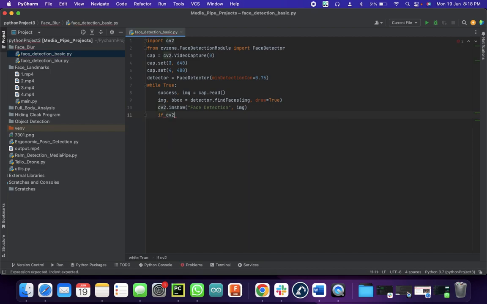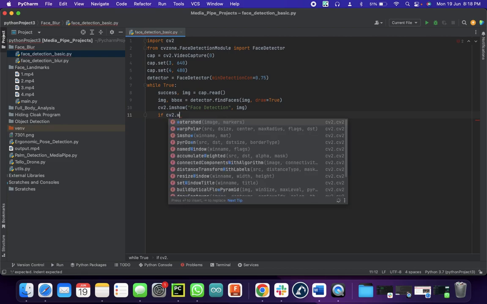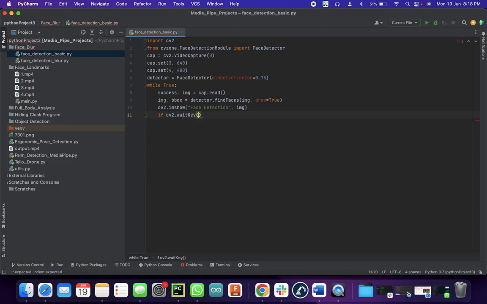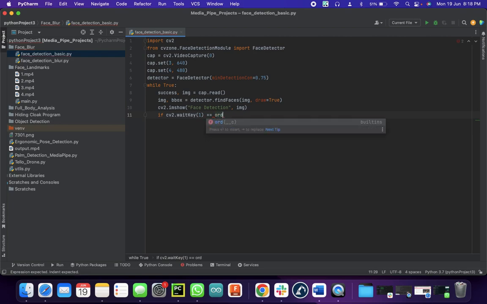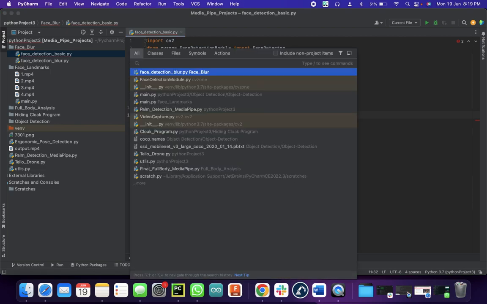If cv2 dot waitKey, in between the bracket you can put 1, double equal to ord, and inside this you can put single quote Q. So this is very important in case you want to cancel the screen, which means when you're running it by mistake,